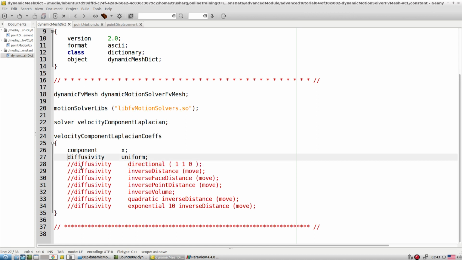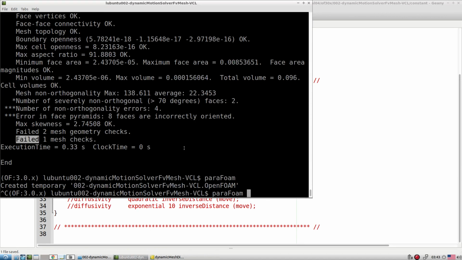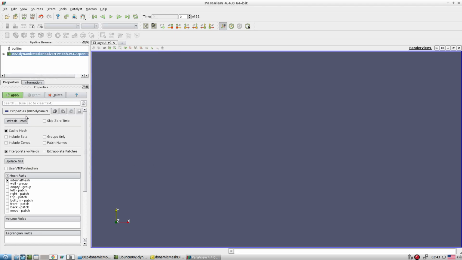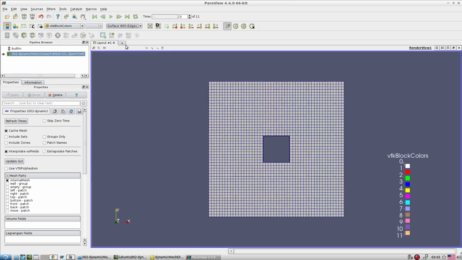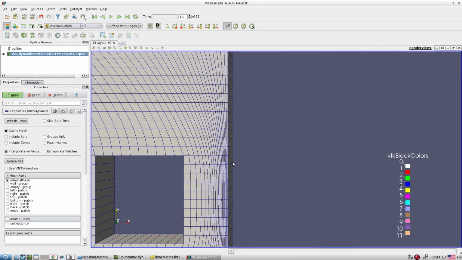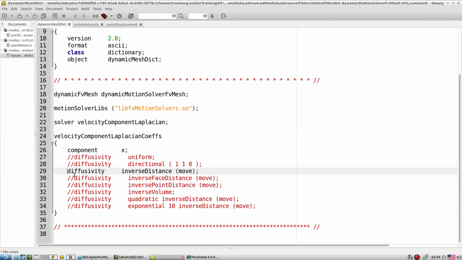So in place of uniform diffusivity, let's work with something like inverse distance. If you work with inverse distance, let's check what happens. It doesn't fail. So just go back and check how exactly the mesh motion appears. By just changing the diffusivity, we get rid of this problem of failing.